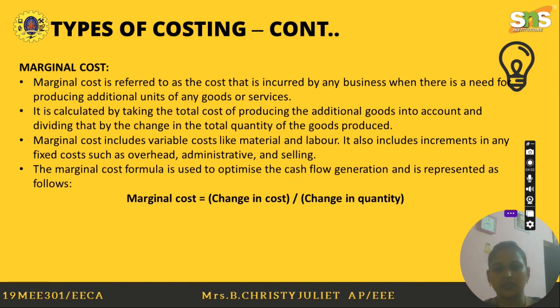For example, if the cost for producing 100 chocolates per day is maybe some 100 rupees, and if I increase the output to 200 chocolates per day, then the cost for producing those 200 chocolates or the cost for producing one